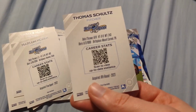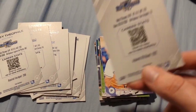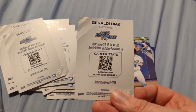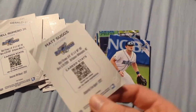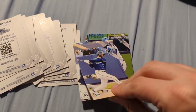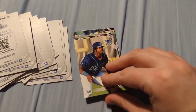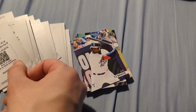Thomas Schultz, Rodney Theophile, Luke Young, Jaron Zinn, Geraldi Diaz, Maxwell Romero Jr., Matt Suggs, Gavin Dugas, Will Frizzle, Philip Glasser, Sammy Infante, Kevin Made, Viendo Pena, TJ White,